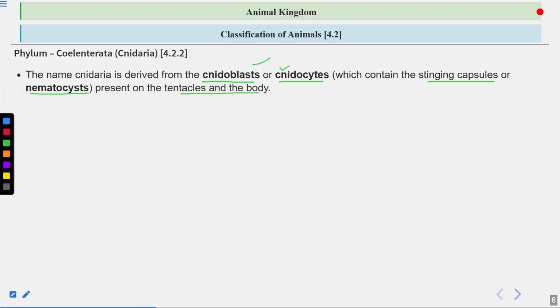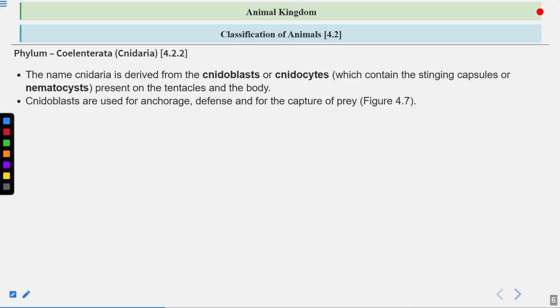They are present all over the tentacles. If you remember the structure of hydra, hydra is like a polyp stage, and it has many tentacles like this. Now these tentacles have numerous